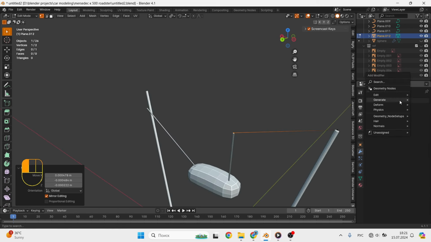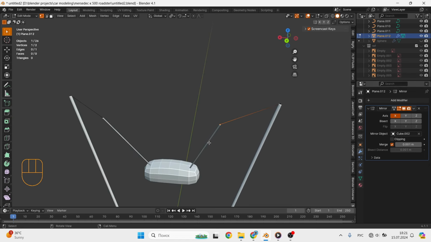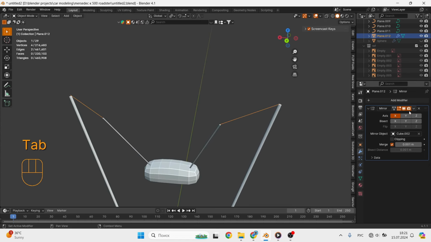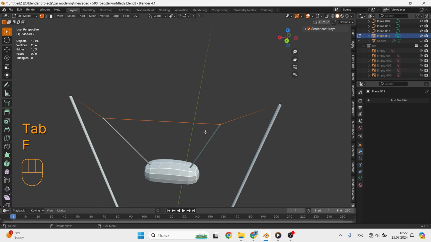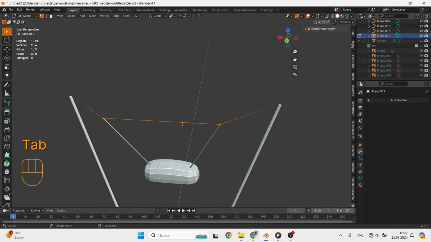In order not to create a second straight line, we apply the mirror modifier to this one. Then we apply this modifier and unite the remaining two vertices with each other using the F button. Now our task is to subdivide these three edges sufficiently.